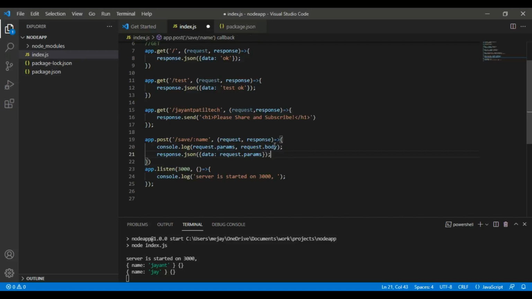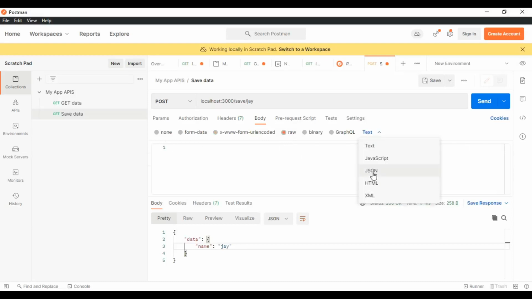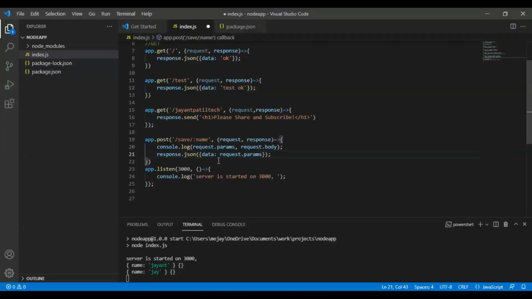So let's now test the body part. Here you can see body. In a post method you always need to send some raw data. When you are using a form or file upload, then you need to use this one. Now it is time to use raw. Here you need to select JSON, and here it will be your object. My data, this will be your object or anything that you can use. Here I can use a string test. So this data will go in the body and it will be available in request.body here.